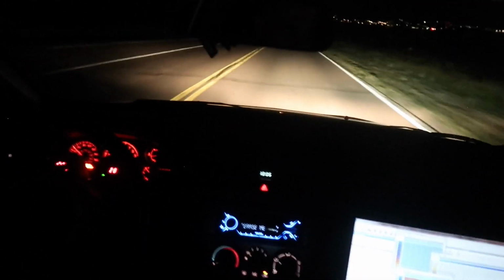Is that spark blowout? Yeah, it's still blowing out spark. I wonder if the coils are getting